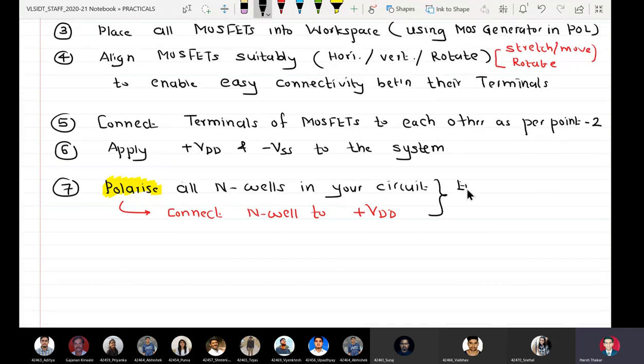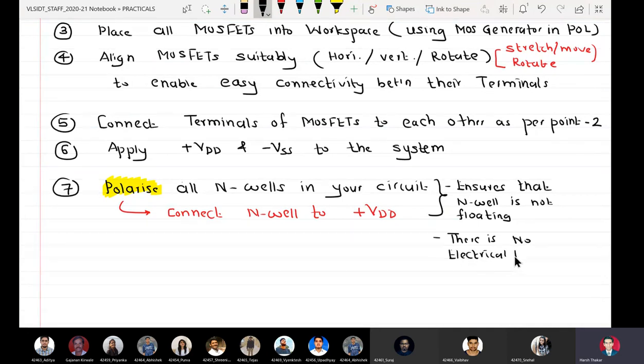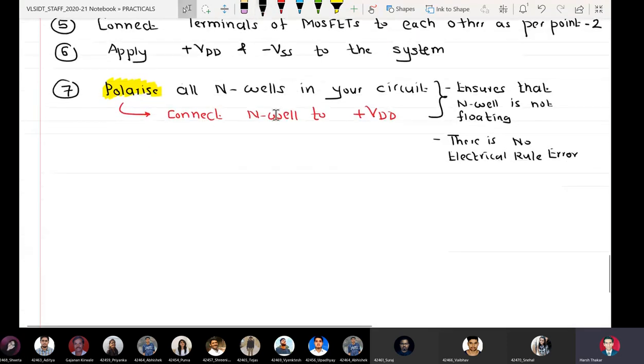This ensures that the well is not floating, and it also ensures that there is no electrical rule error. Okay, right? So once you have polarized all the n-wells in your circuit, I will tell you how n-wells look in the layout. Okay, 8th point is